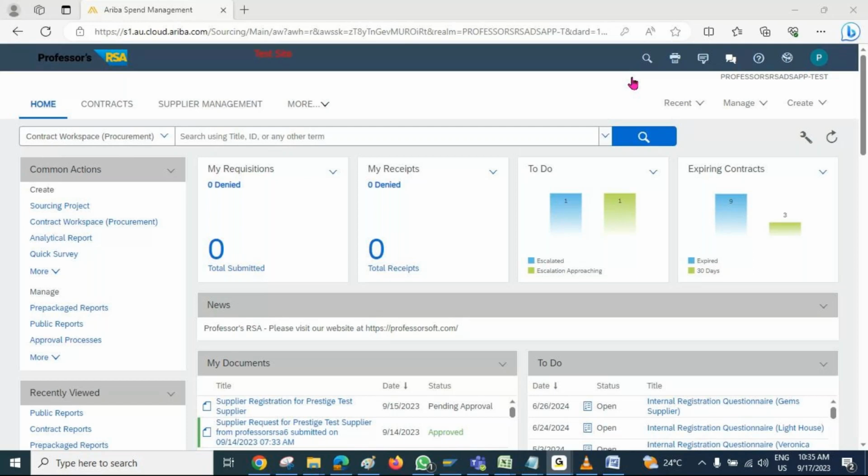After acquiring Ariba, SAP made lots of changes in it. Even currently, changes are going on, so we can still say Ariba is under development. Ariba is not a complete product as of now. Why? What is the reason?